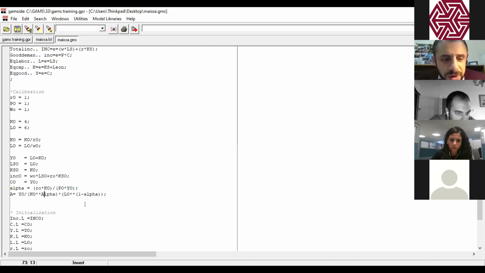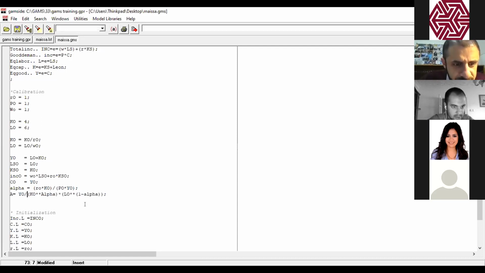Yes, there is an error here. What is the error that we have? Parentheses only for alpha, not everything. Which one? No, parentheses only around alpha.